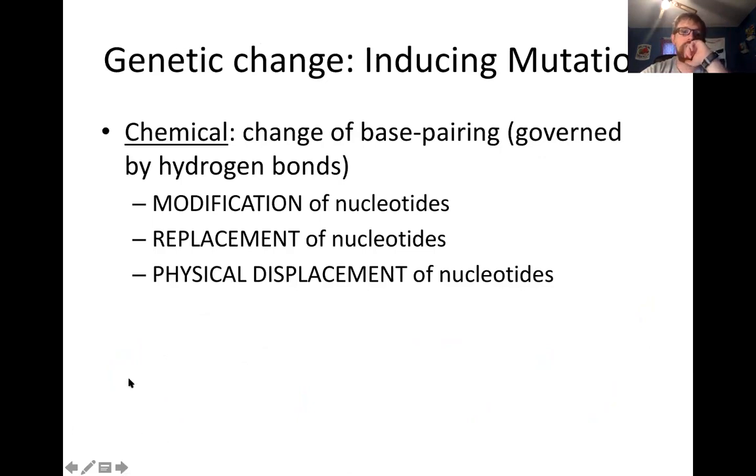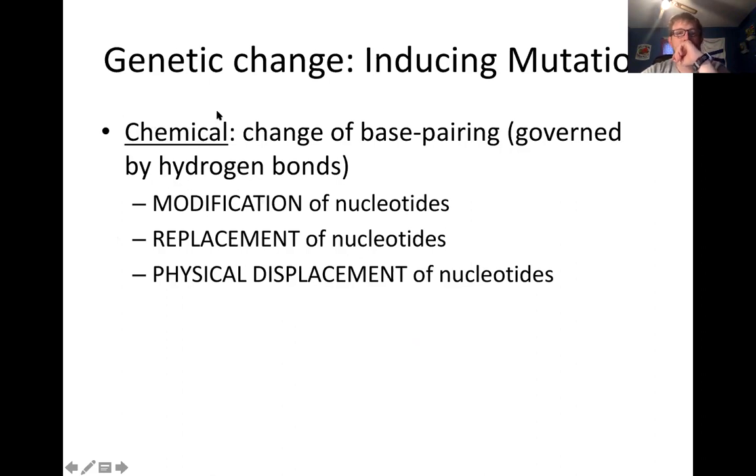And one of the ways that we do this is via chemicals, right? So we talked about with my favorite Ninja Turtles there, right? There's some environmental stimulus, in interaction with the environment that induces a mutation. And so we have a couple different ways that can happen with chemicals.